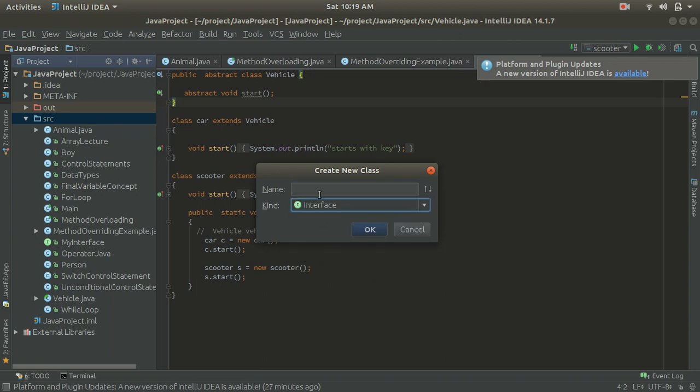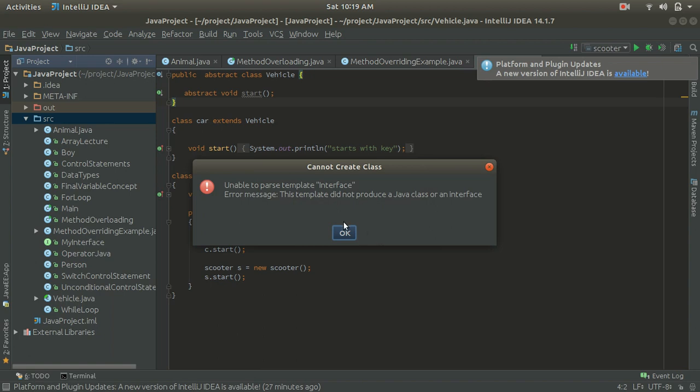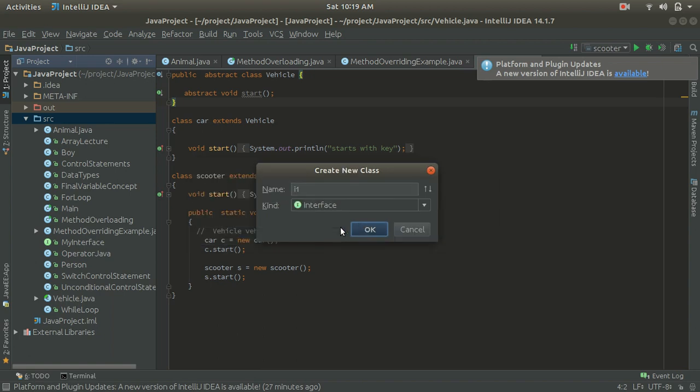Okay, so I'm going to create an interface here, and let's say the interface name is I1. So for now I am creating a class, and let's say I am creating class test.